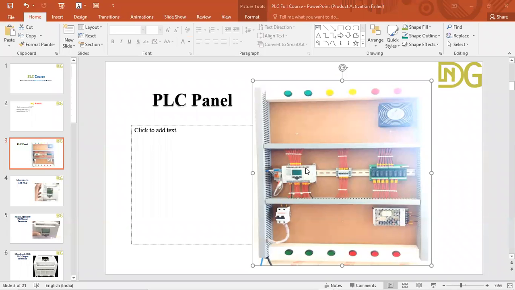So as you can see, this is our panel, which is created with our PLC. This PLC is our MicroLogix 1100 PLC, which we will use for creating this panel.